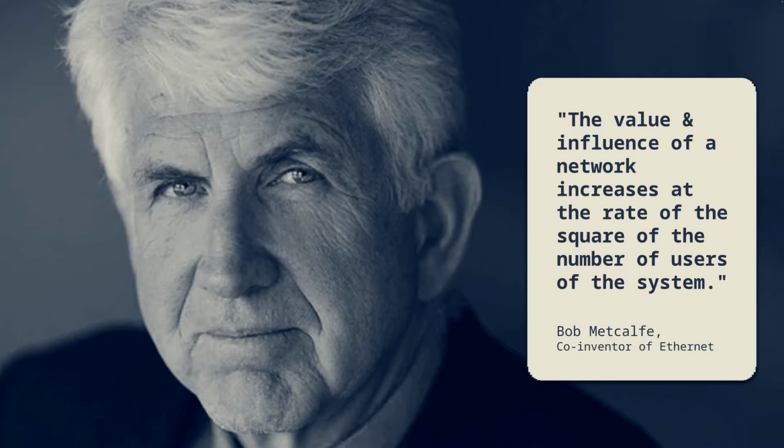And he said, quite famously, the value and influence of a network increases at the rate of the square of the number of users of the system. Network effects, you guys live it, think it, breathe it every day. In the 30 years since Metcalfe's law came about, it's become just a core part of how ecosystems grow and are built. But when it comes to Web3, we have the best network effect primitives and capabilities